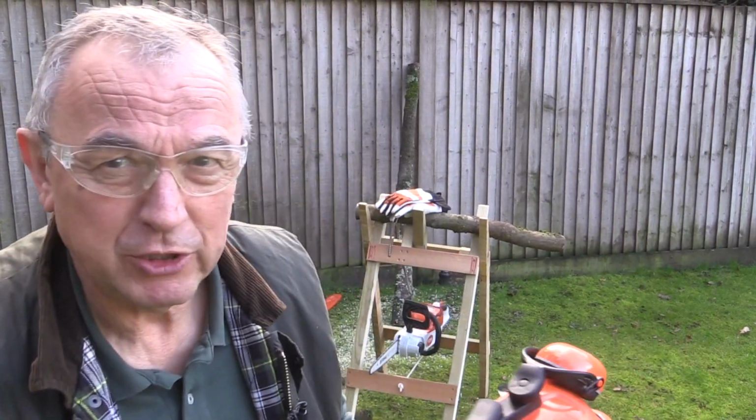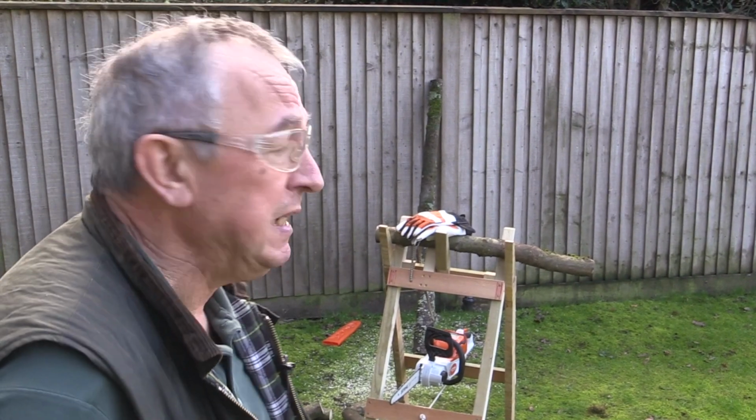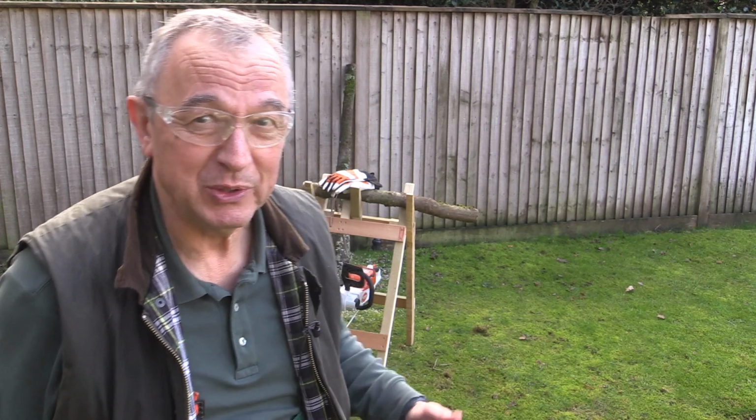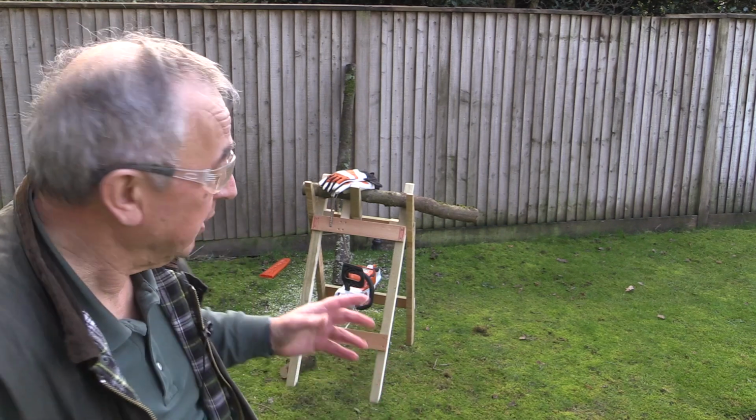There have been a lot of branches and bits of tree coming down recently. We've had some high winds here in the UK, and so it's a good time to stock up for the wood burning stove, the open fire and so on. Now, I didn't have a logging sawhorse. I used to do it all in an impromptu way, but I've got so much to do that I've built